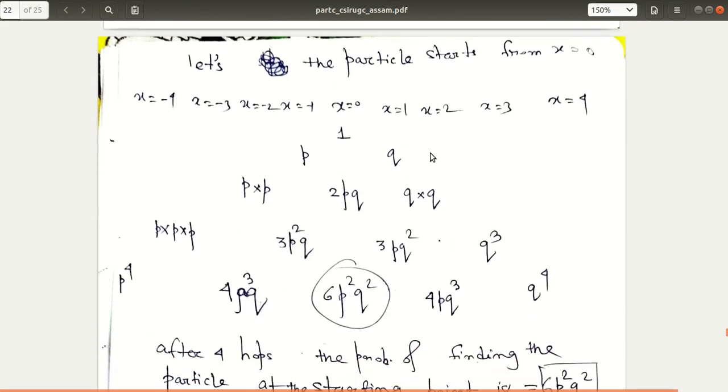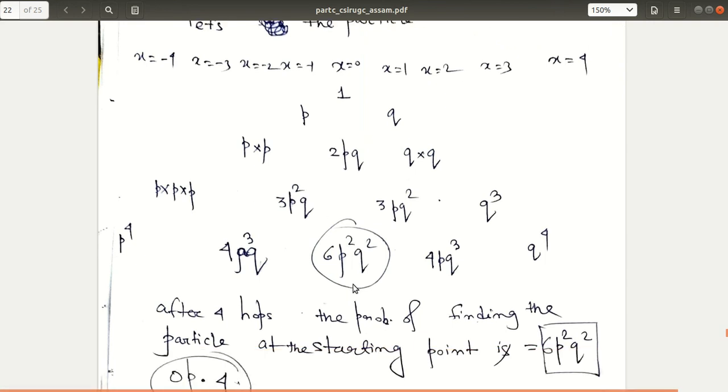And now let's start. So this is to be at x equal to 0, it is 1, and if we take 2 steps, the probability of getting to this side is p, and the probability of getting to this side is q. So if we just take 2 steps, the probability of getting to x equal to minus 2 will be p square, and the probability of going to x equal to 2 will be q square. And the probability to be at x equal to 0 will be 2pq, and so on.